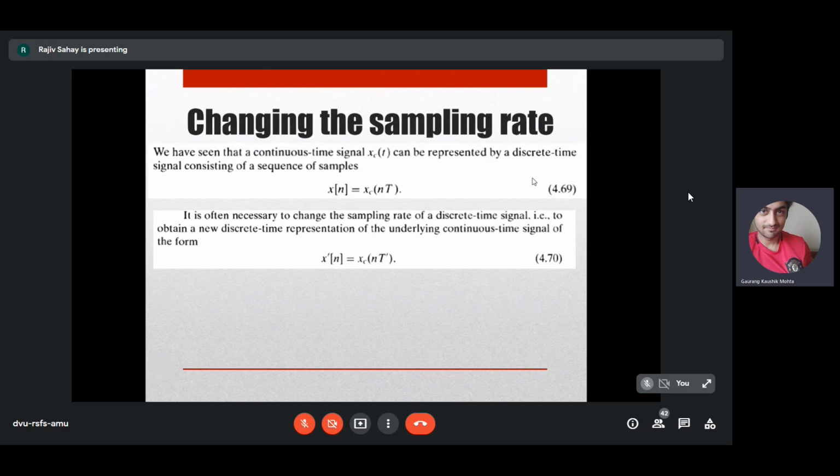So when you have a digital image or a discrete image, your space, or the xy coordinates, are discretized, and the amplitude is also discretized, just like in a 1D signal. In a 1D signal, suppose you have a voltage waveform, then your amplitudes are discretized or quantized, and the time axis is also discretized. So that's how you get a digital signal.